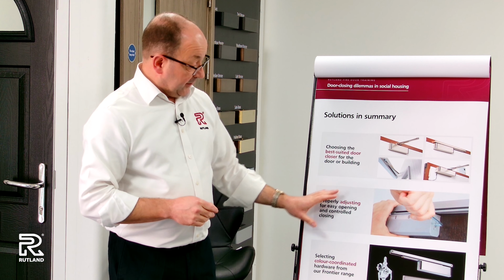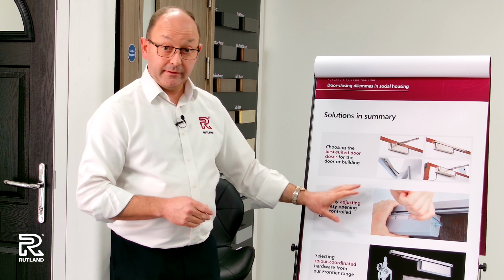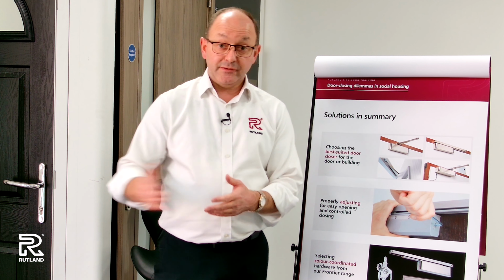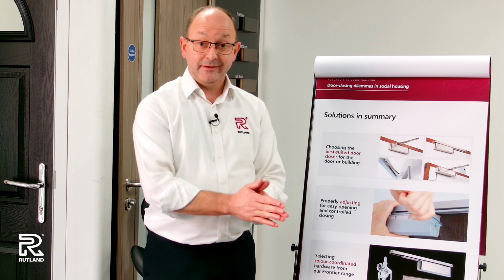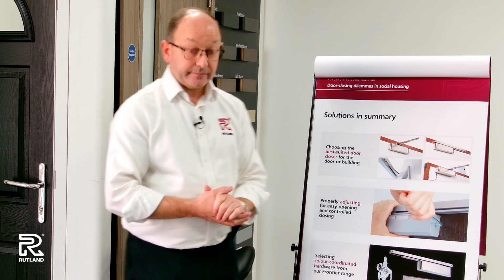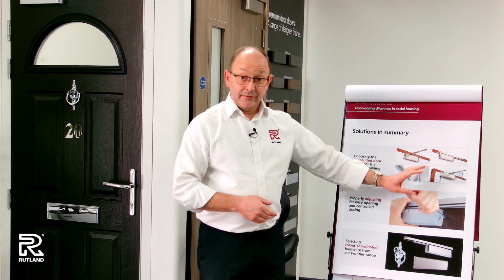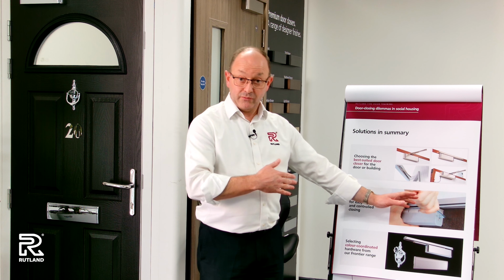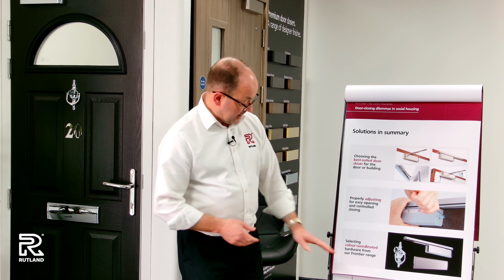Once you've specified the right door closer, it's vital that it's properly adjusted. Unlike the factory test bed, each individual door set will perform differently depending on where it's installed. So a competent installer will ensure the door set is correctly fitted and that the door closer is configured to reliably close the door for years to come. Then finally,